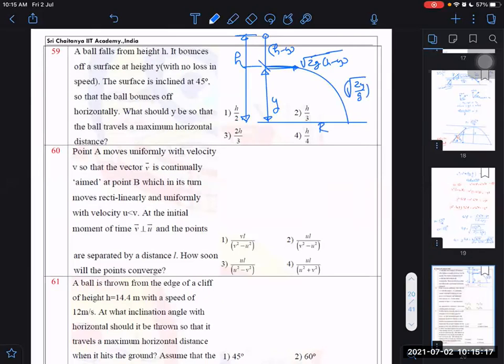Then the horizontal range r will be equal to the time, root 2y by g, multiplied by the velocity, root 2g into (h minus y). I want y into (h minus y) to be maximum. We know by the arithmetic mean, geometric mean inequality that the product will be maximum when h minus y is equal to y, right? Or we can say this is less than or equal to (y plus h minus y) divided by 2. Therefore, y into (h minus y)